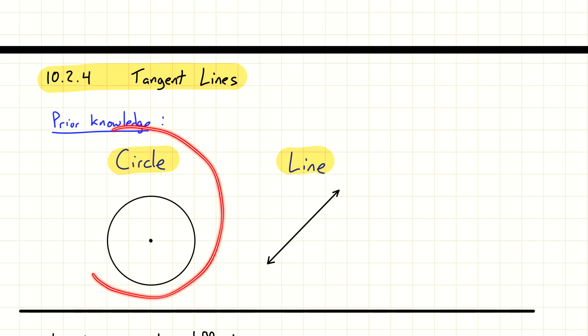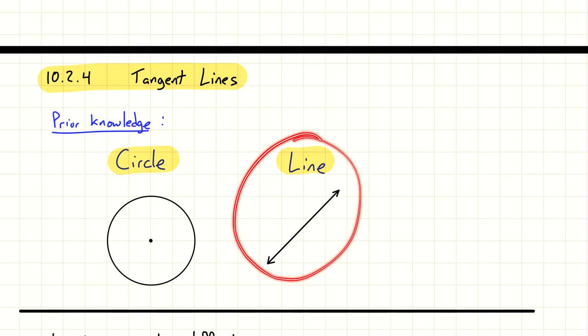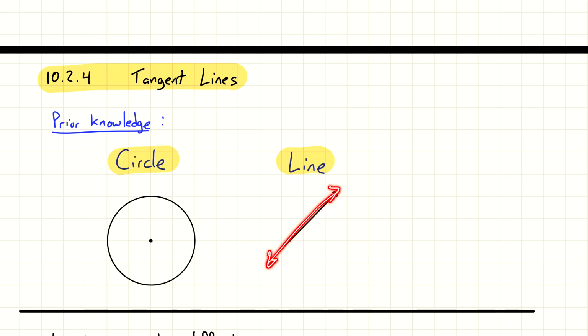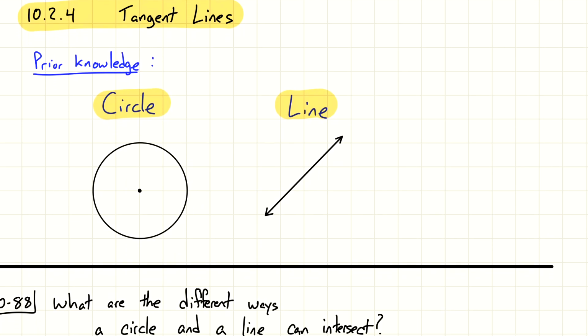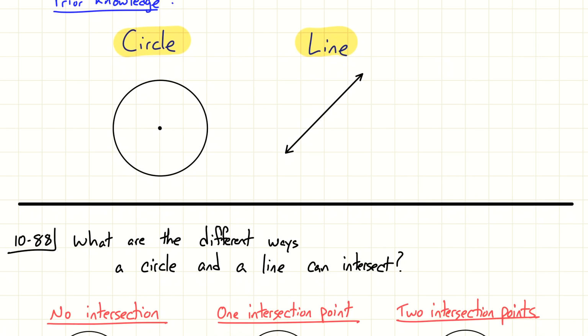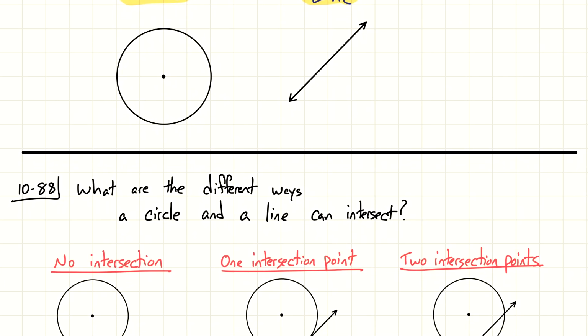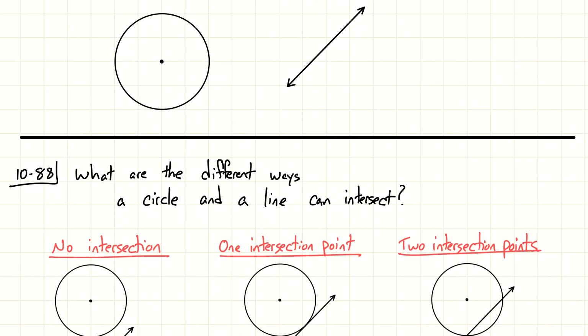a circle. Do you know what a circle is? And you know what a line is. Keep in mind this is not a line segment where we would have endpoints. This is a line that is continuous with the arrows as the indicator of that. So with that knowledge, jumping into the first problem, problem 88, what are the different ways a circle and a